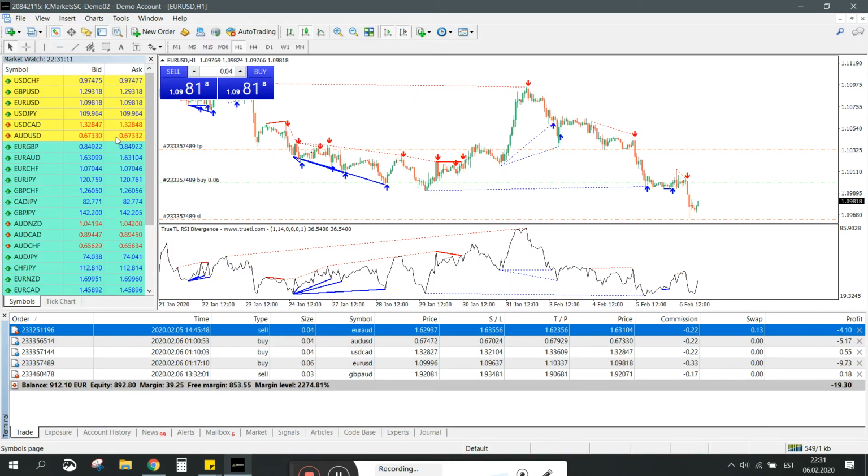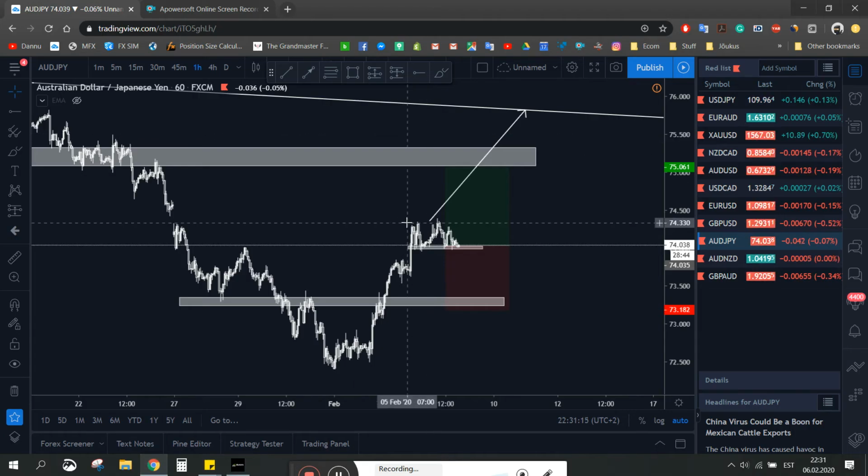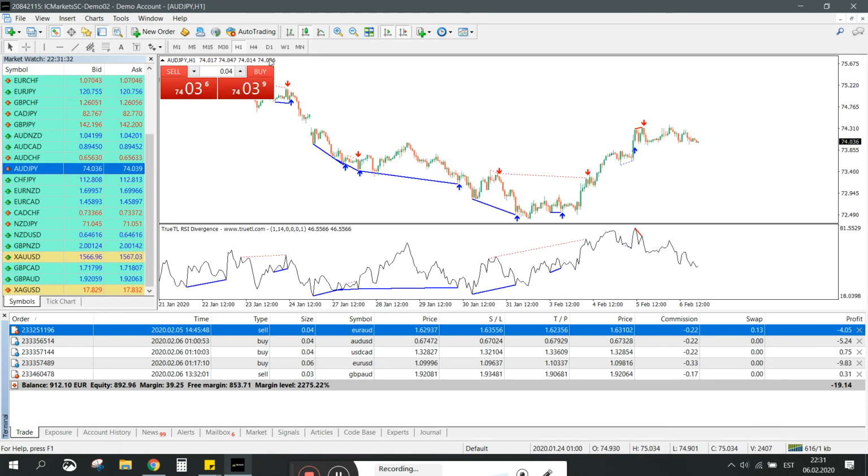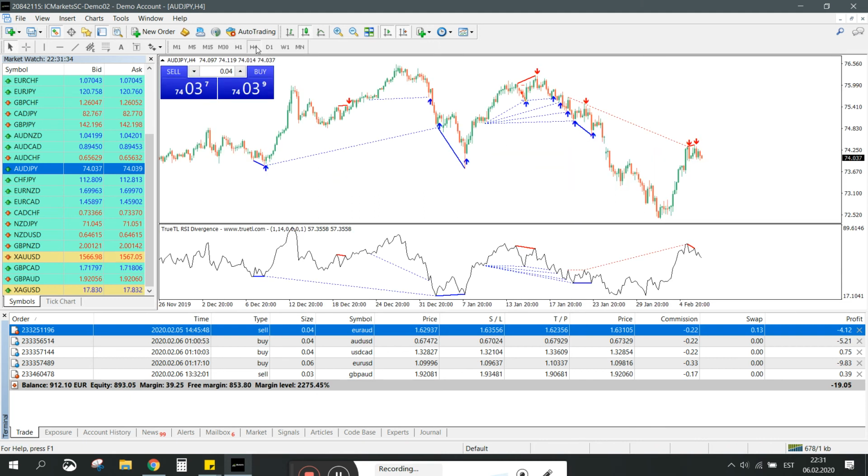You can check the divergences right now, because price has consolidated for the last 2 days now. It hasn't done anything, so let's check out divergences. What are they saying? So RSI, nothing on the 1 hour. I only check 1 hour, H4 and daily. Weekly and monthly are too long for me, and you get too many false signals on the smaller time frames.